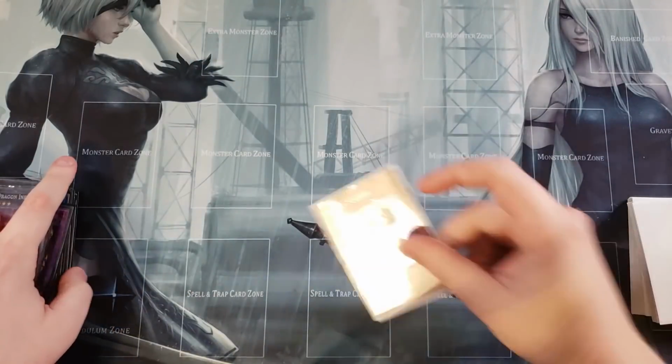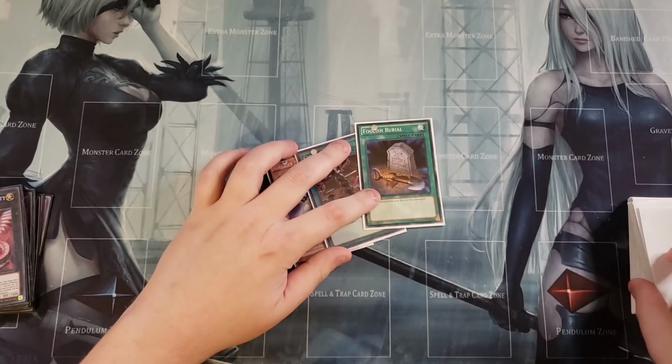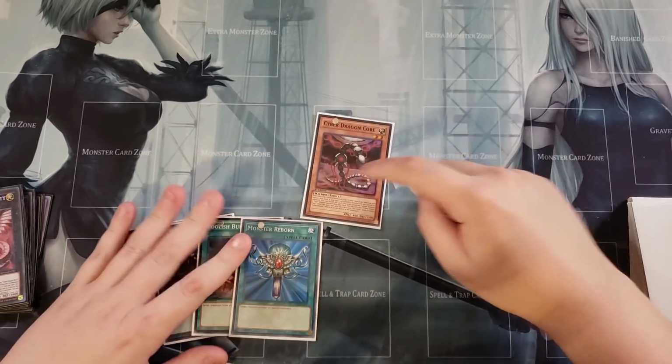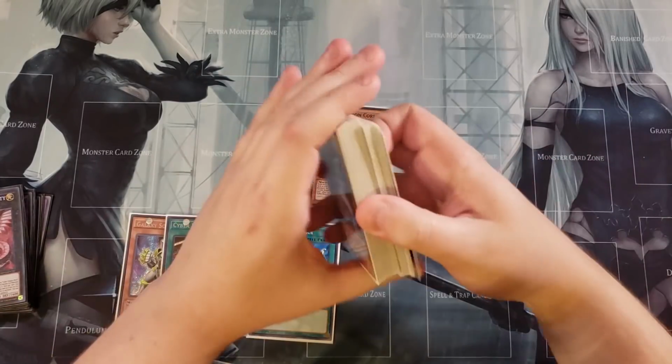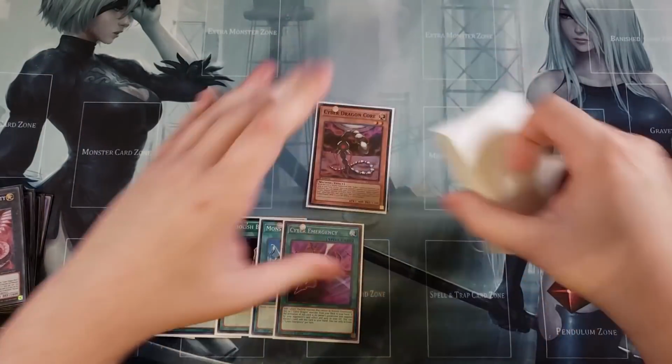So let's go ahead and see. We're going to draw a copy of Galaxy Soldier, Cyber Rev System, Foolish Burial, Monster Reborn, and a copy of Core. Then we're going to normal summon out that copy of Core, and use its effect to grab any card that we need from our deck to our hand, which could be a Cyber Dragon Emergency or Cyber